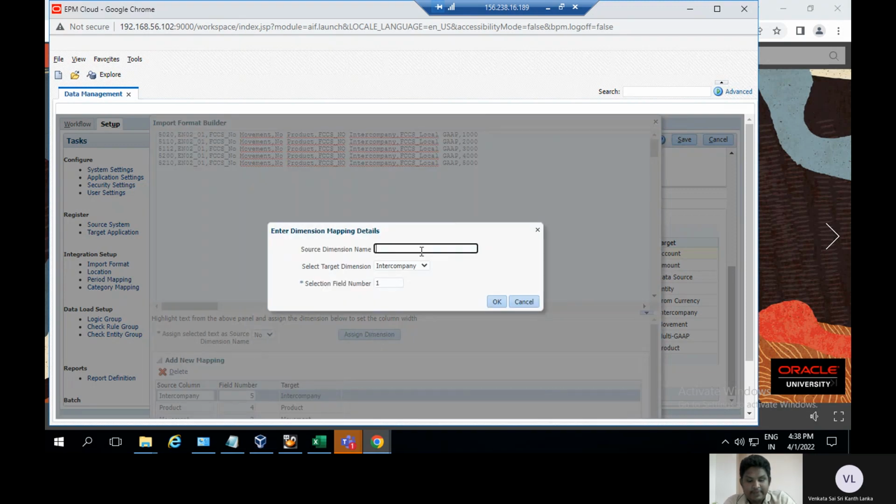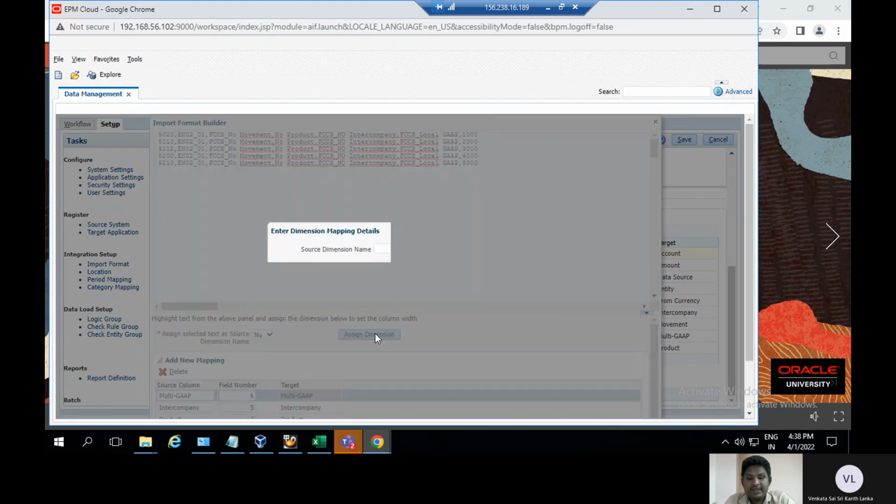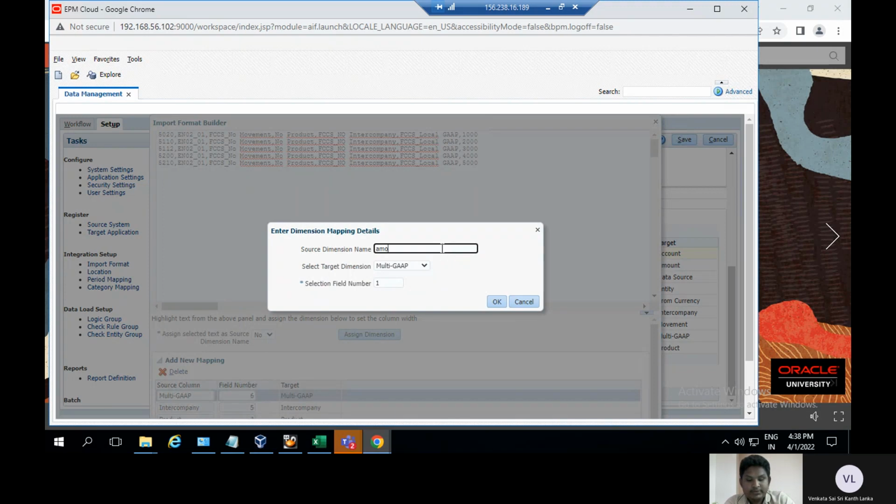Here give the multi gap, here select the multi gap, and the number is 6, and click on OK, and then the last one I have to assign is the amount. Here select the amount, and here the number I give is 7, click on OK,